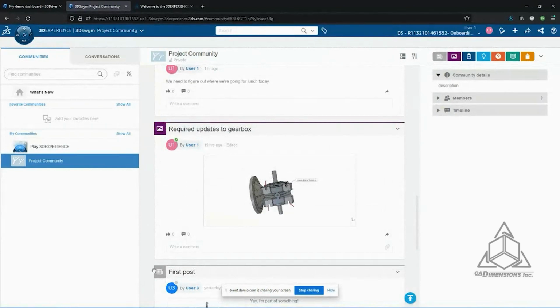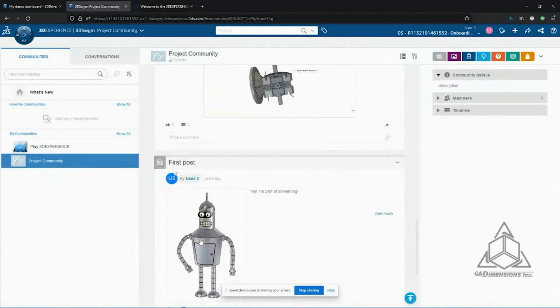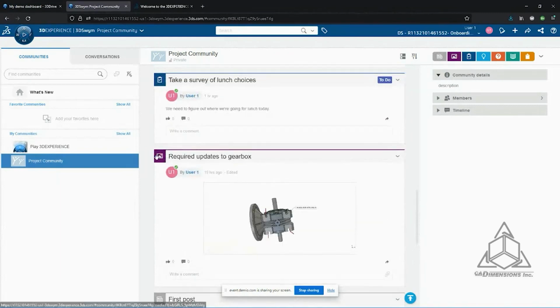Continuing on, so we've seen one type of post that users can create, a text type post, which may or may not have some kind of file attached to it, an image file or other file. The next type of post that we see here is a media post. Now, a media post does always have some kind of media associated with it. In this case, we can see there's an image of a